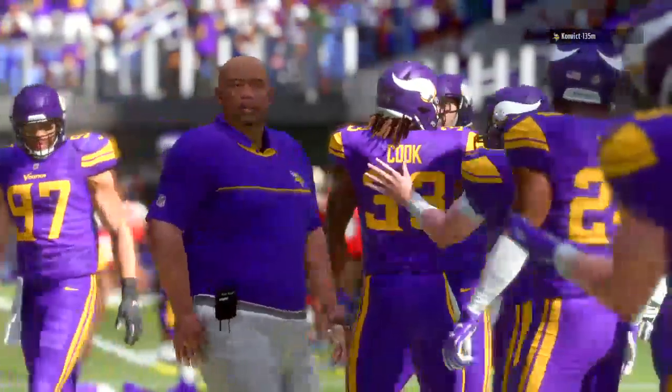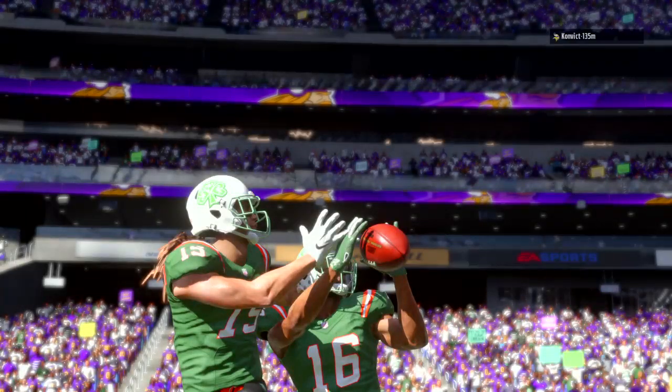Well, I know at points in this one you wanted to close your eyes because of all the points that were being put on the scoreboard. Your defense